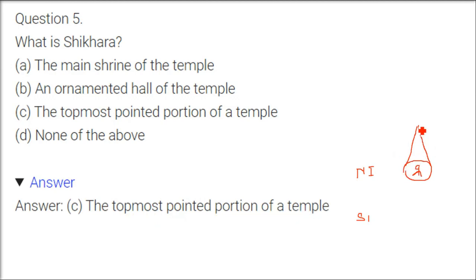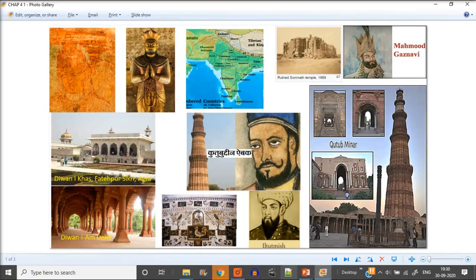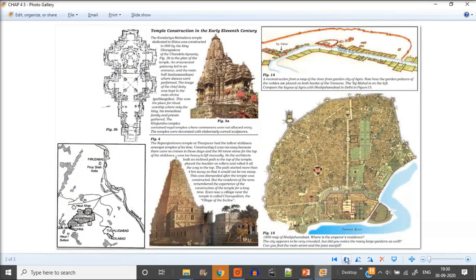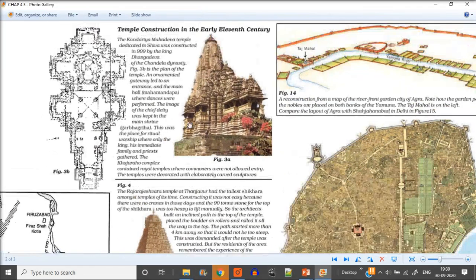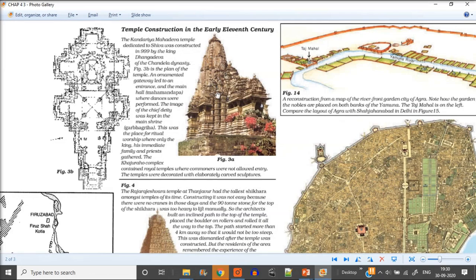So the topmost pointed portion of a temple, you will see, okay, this is the topmost structure, this is where the deity will be. In South India, we call it shikhar also and viman also. In North India, it's Nagar architecture. In South India, we have Dravid architecture. Now I'll show you the picture also so that you understand well, because there may be other questions on this. There are certain questions coming on these also.